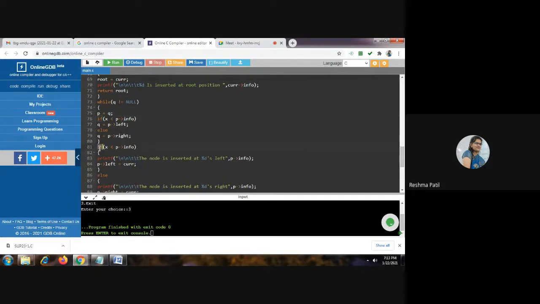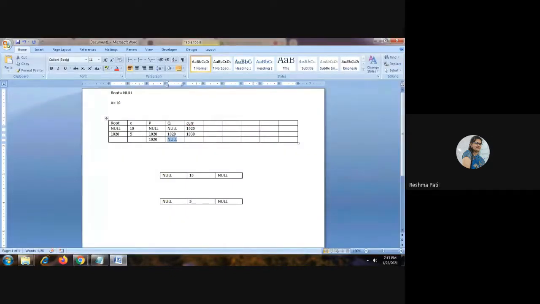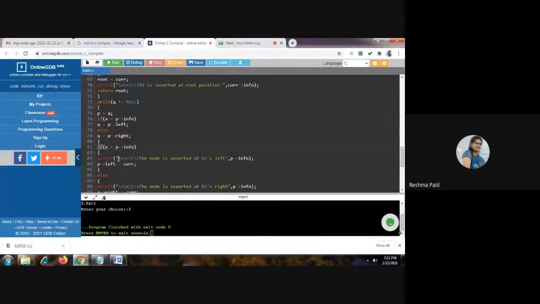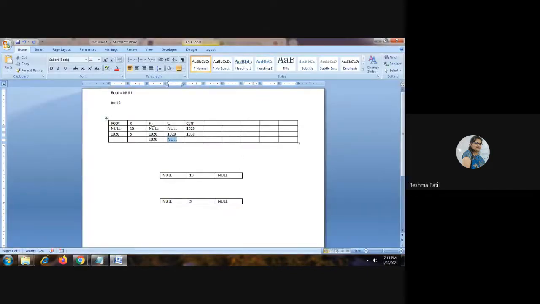Come here. Check if x is less than P info. What is the x value? 5. What is the P info value? 10. X is less than P info. Then printf, the node is inserted at %d left, %d P info. P info means 1020. 1020 is left.